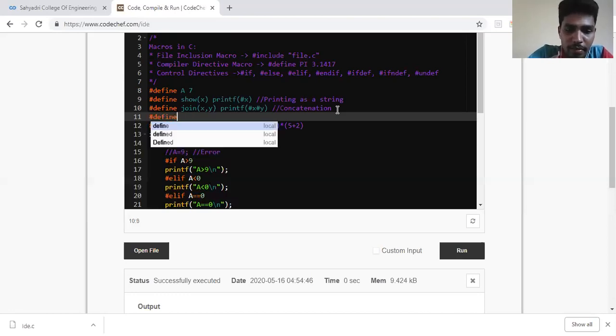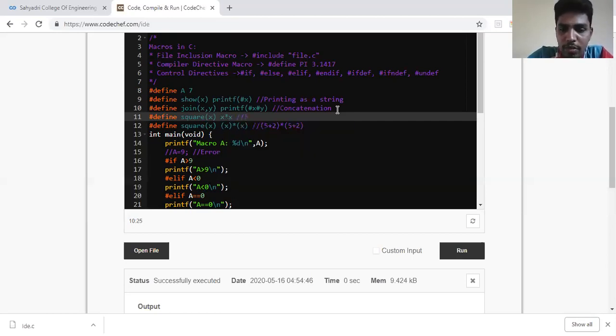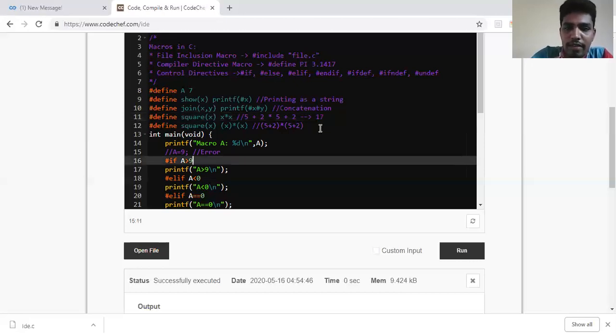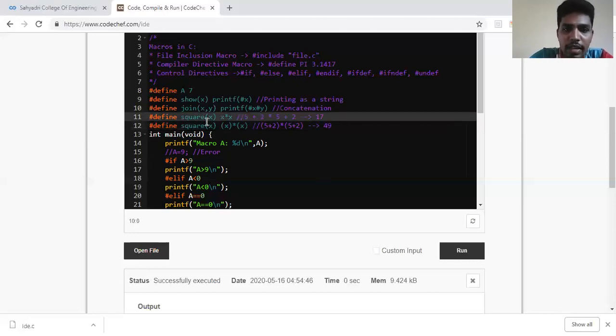So what was the problem in our previous function where we wrote hash define square x, we just wrote x into x? What was happening in this particular line is it was doing 5 plus 2 into 5 plus 2. So first it did multiplication, and it gave me the answer as 17. I'm writing this so that you'll understand when you run this piece of code, but this gives me the answer as 49. So I'll comment this particular line and I'll show you how it gives the correct answer now.